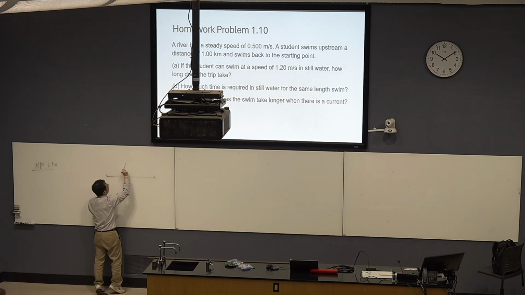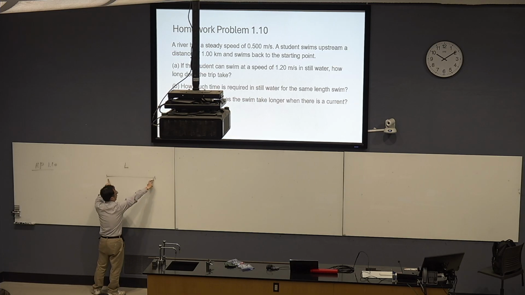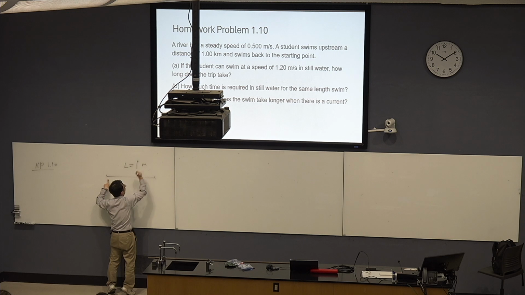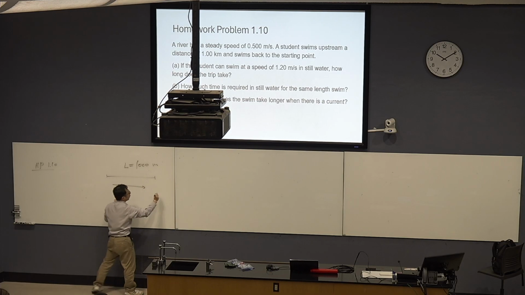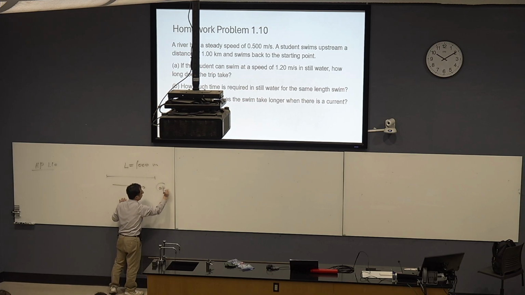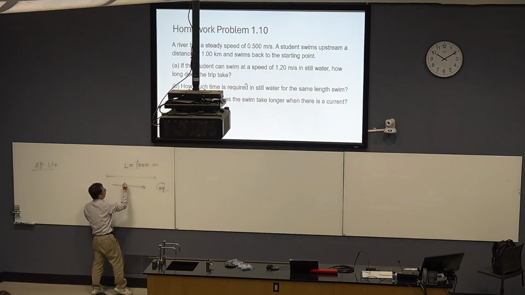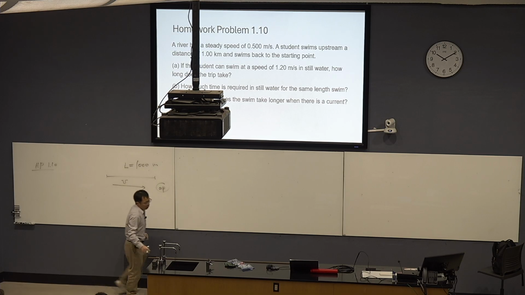So first, the length of this path is called L, right? So L equals 1 kilometer, so that will be 1,000 meters. And then I stated that you consider the velocity of the student with respect to water, that's this one. So when it travels upstream, the velocity of the student with respect to water is called V, right? And then you consider the